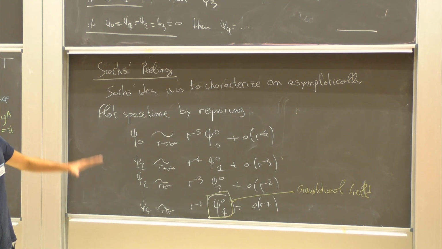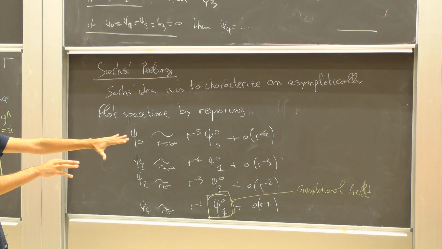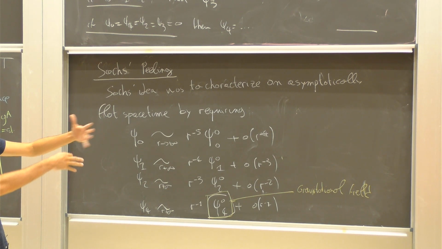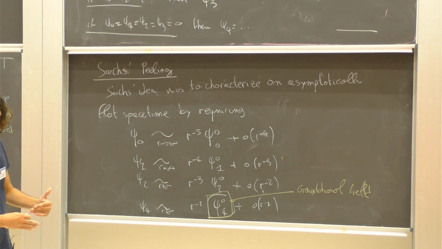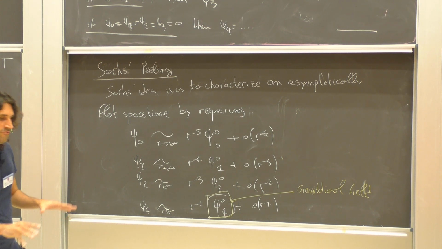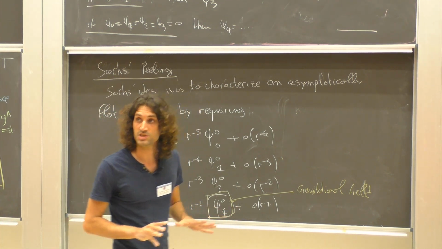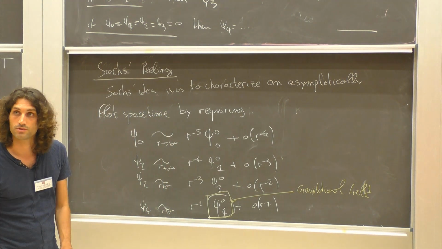Where I wanted to get to is that this was the original set of ideas. You go along null geodesics, you look at the way the Weil tensor behaves, because it's clear that these are natural ideas in this setup. What I will show you in the next lecture is that, and that's Penrose's, at least from my perspective, brilliant idea, you can recover this behavior from a much more natural definition, which is asymptotically flat spacetime. Hopefully I will have time to get to this at the end of the fourth lecture. Okay, that's it. Thank you.